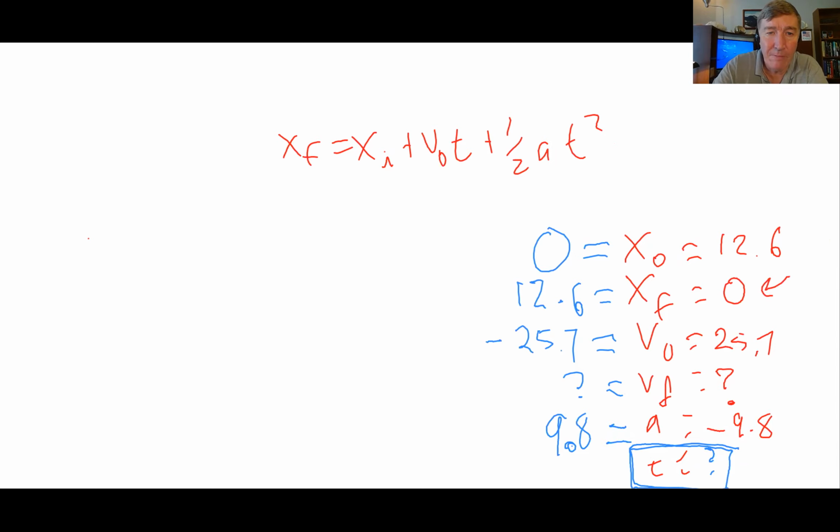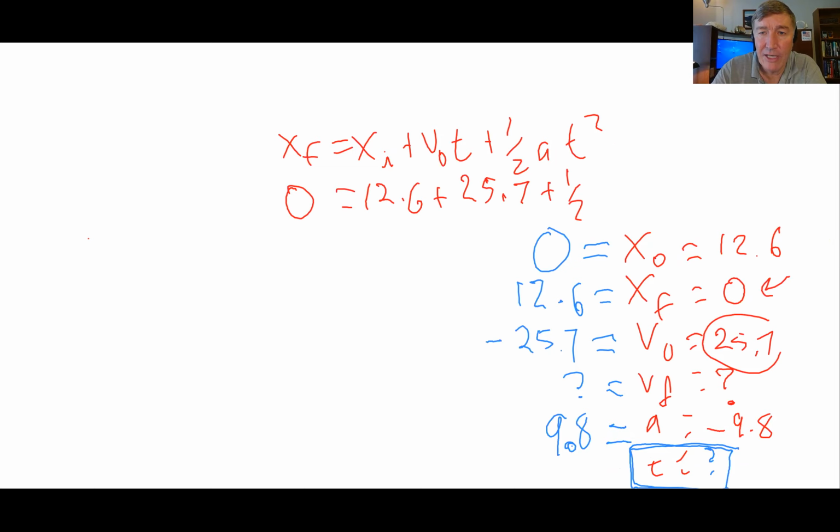So x final is 0 equals x initial, which is 12.6, plus v initial, which for Fatima is 25.7, plus 1/2 times the acceleration, which for Fatima is negative 9.8. Oh, I left out a t here. Sorry. So 25.7 times t plus 1/2 times negative 9.8 times t squared. All right, so once we get it to this point right here,